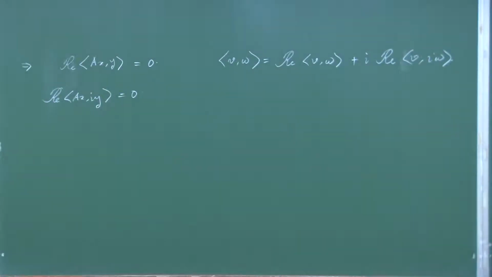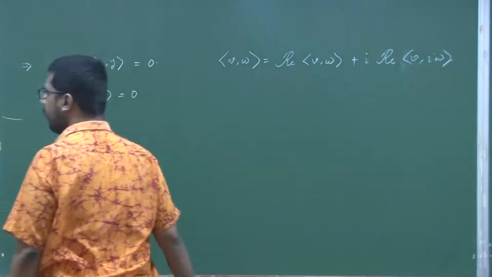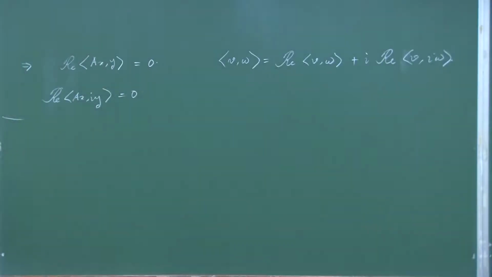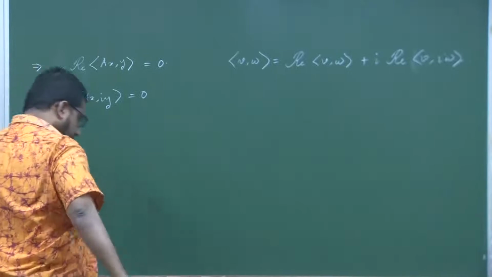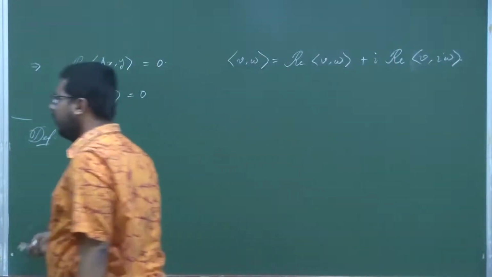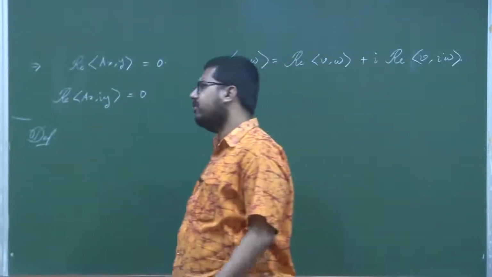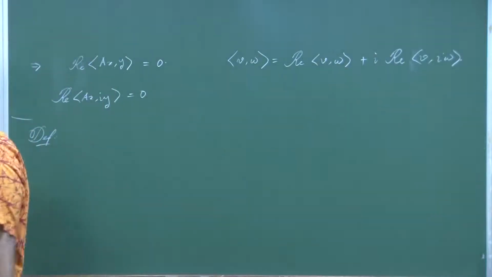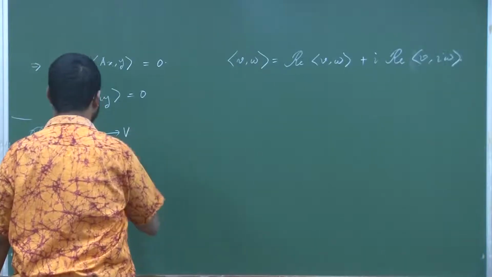Okay. Now, we will go for unitary operators. So, as usual, our V is a finite dimensional inner product space over R or C. So, definition. Let me define that directly. Unitary operators are nothing but the generalizations of orthogonal operators. So, therefore, A from V to V is said to be unitary